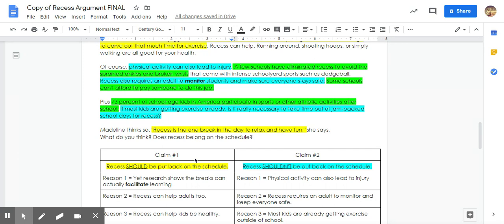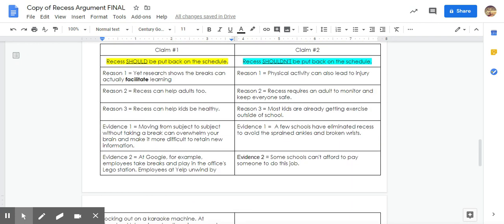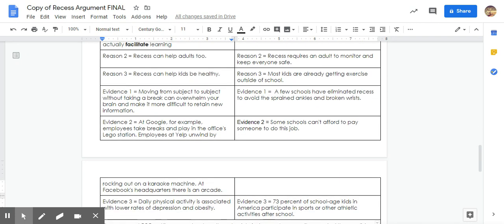The next time that you'll see this, you'll have a different article and you will be working on it more independently. I think that this should be pretty easy with all the practice that we've done over the past few weeks. I think maybe the hardest part is just being able to pick out those reasons and then also to pick out the evidence that supports the reasons. And again, that's something that will get easier as you practice it.